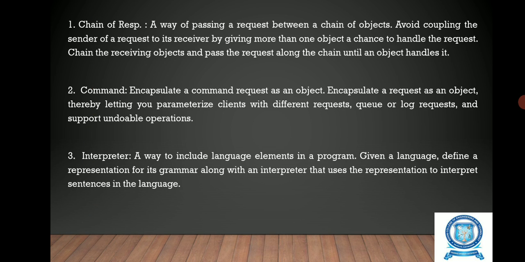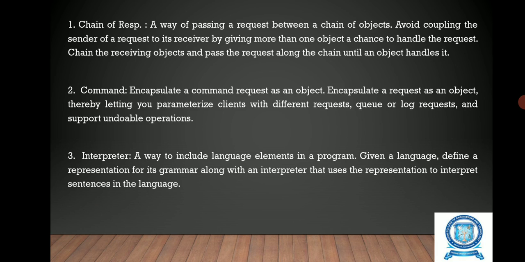Let us see about chain of responsibilities. A way of passing a request between a chain of objects is called chain of responsibilities. Avoid coupling the sender of a request to its receiver by giving more than one object a chance to handle the request. Chain the receiving objects and pass the request along the chain until an object handles it. Command. Encapsulate a request as an object, thereby letting you parameterize clients with different requests, queue or log requests, and support